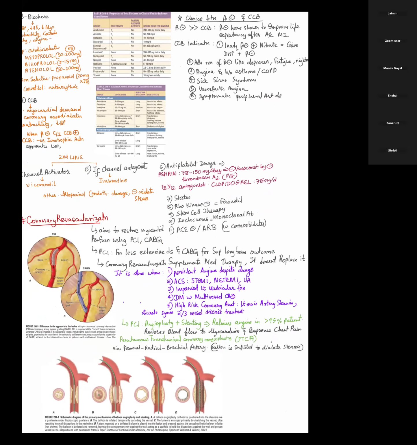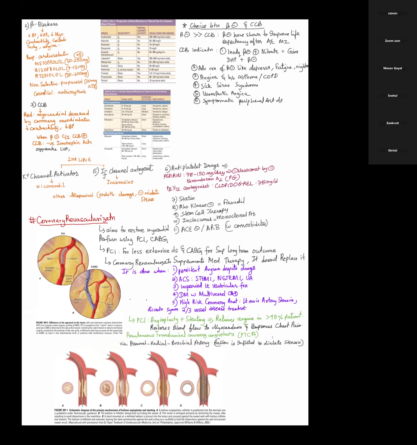Next is potassium channel activator, which has nicorandil as a drug, and IF channel antagonist, ivabradine, जो